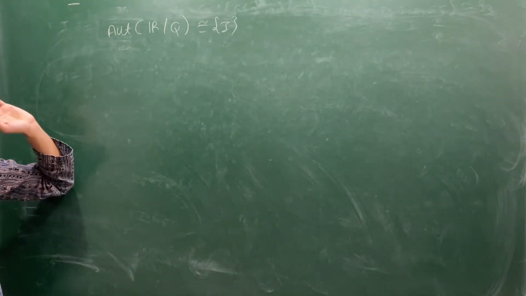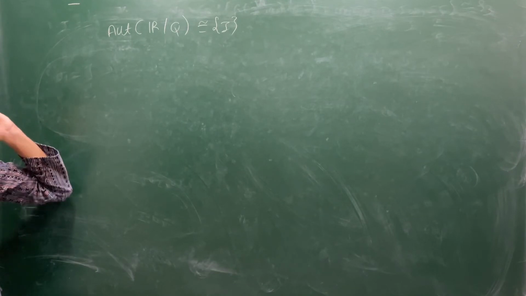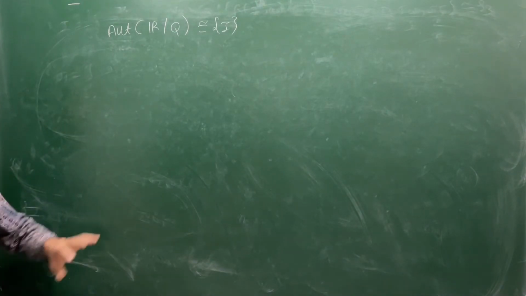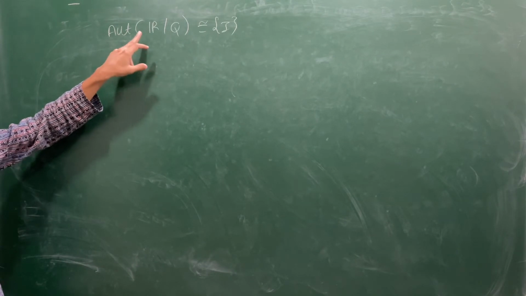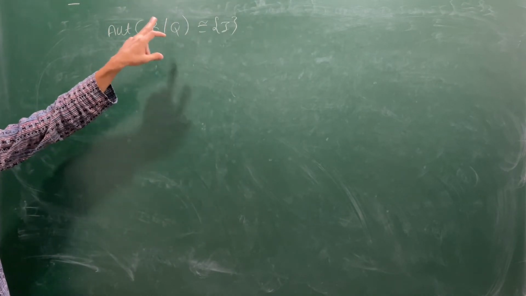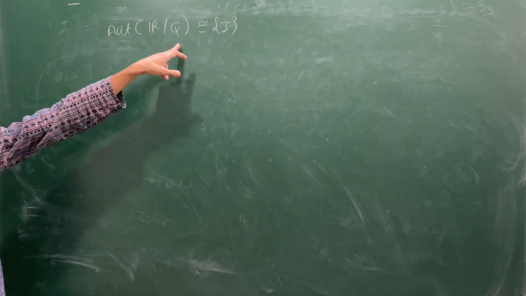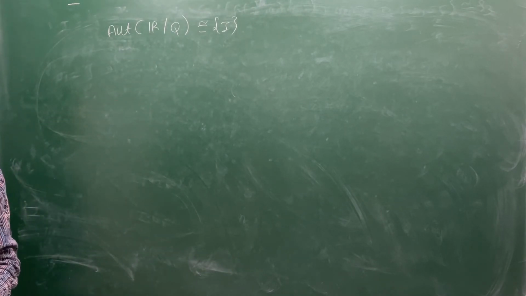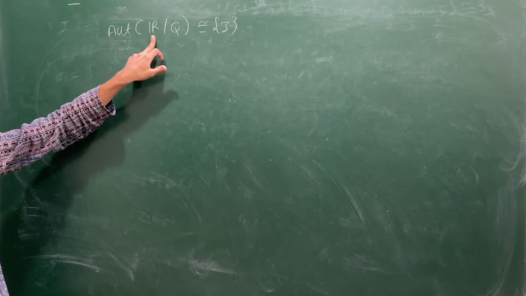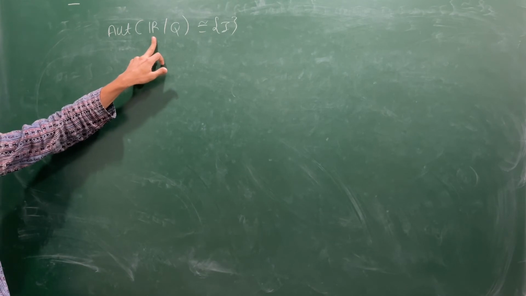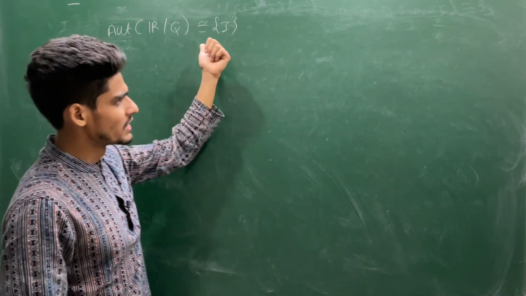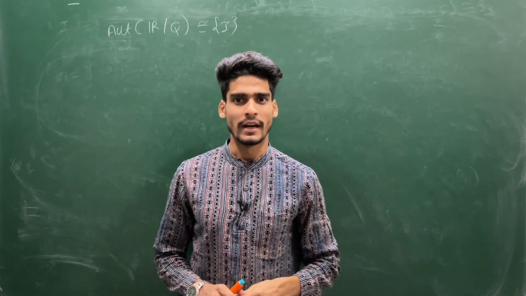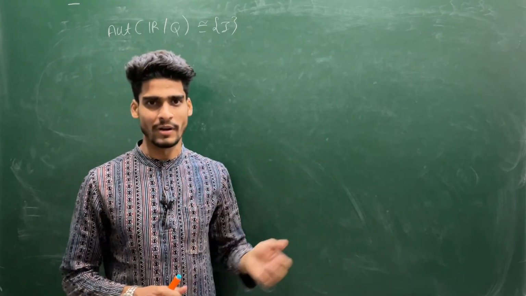So use some basic idea, and I will give you one hint. If you are able to prove that any automorphism from R to R which fixes rationals must be a continuous map, then you are done, because rationals are dense in R. So this we will discuss in the next lecture, and we will see some more important concepts related to Galois theory.